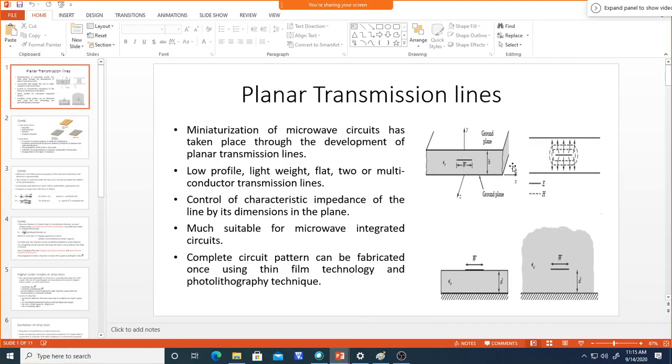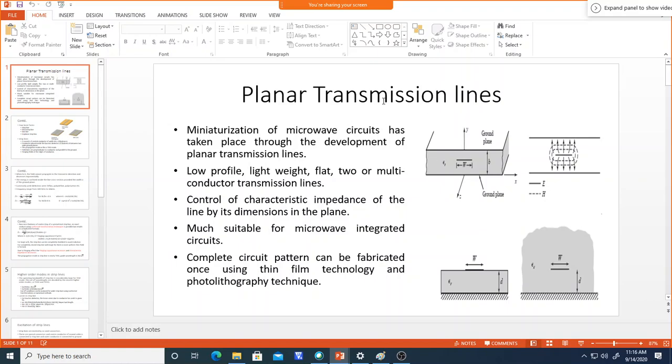So this is one of the examples. If you see the planar transmission line, there is a strip, which is the metallic pattern, enclosed by two dielectric materials, two substrate materials. Say, for example, one PCB is here and another PCB is here, you close that, and in between some metallic pattern is running. You can etch it out, and this one we call a strip line. Another planar technique is also there, and we will see them one by one.